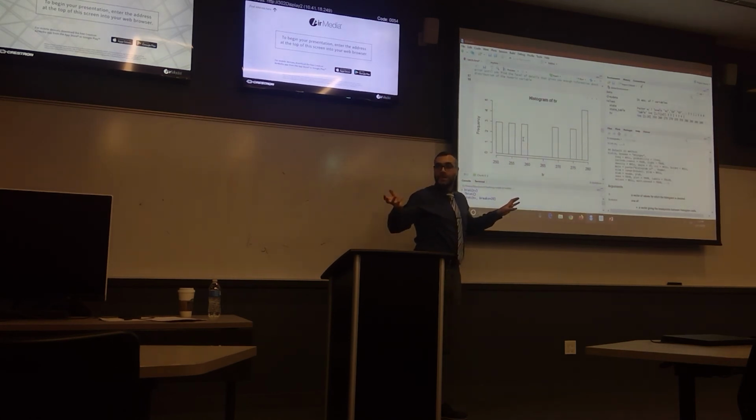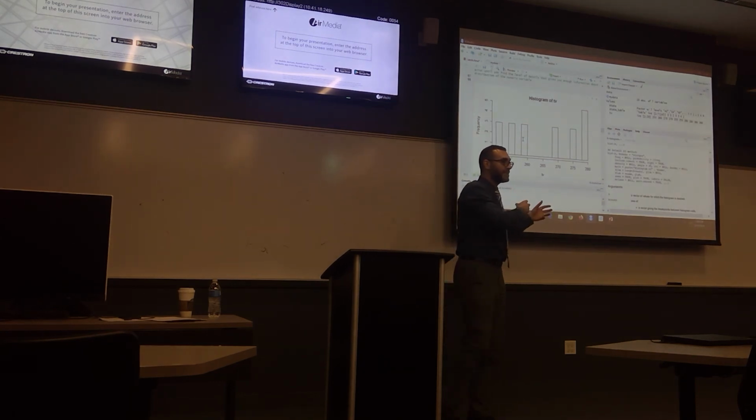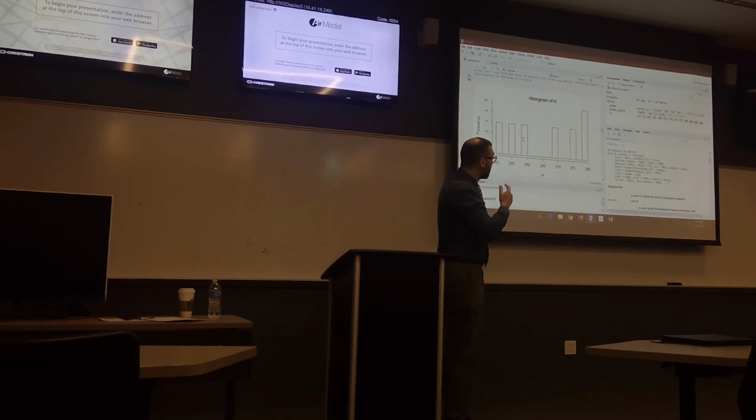Now, which number of bins is better? I don't know. You have to test and try. It depends on the variable you're looking at. That's why there is an art and a science. The science is those techniques, but there's no one best answer. It depends on how it looks.